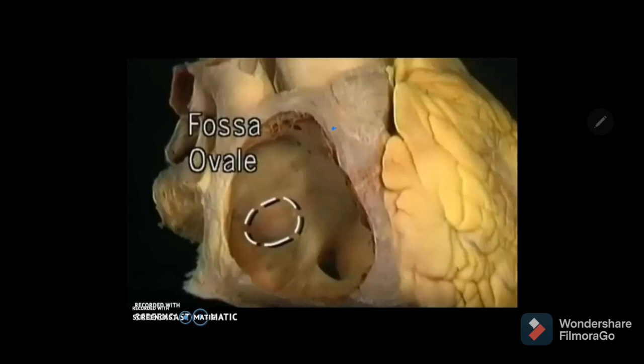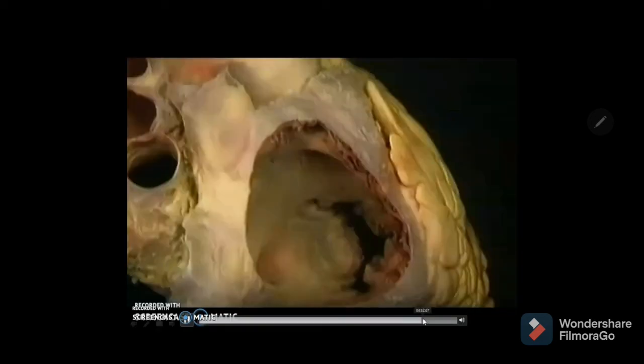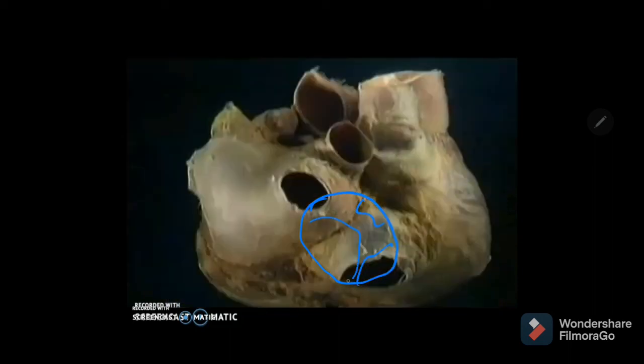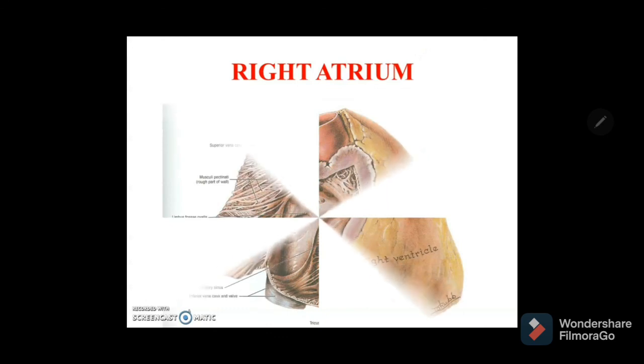In the anterior rough part, you will see musculi pectinati on the inside, irregular muscular ridges emanating from the crista terminalis. Outside is called the sulcus terminalis. So as you go here, you can see the tricuspid annulus here. This is the tricuspid annulus having 3 cusps. So that is about the interior of the right atrium, what you are seeing here.